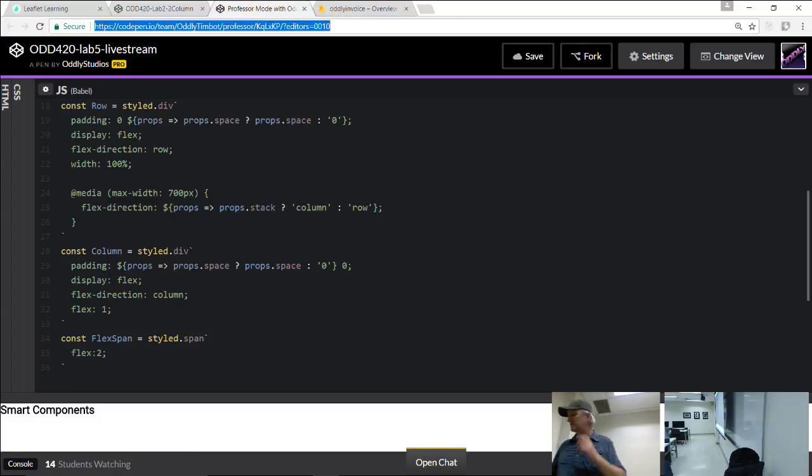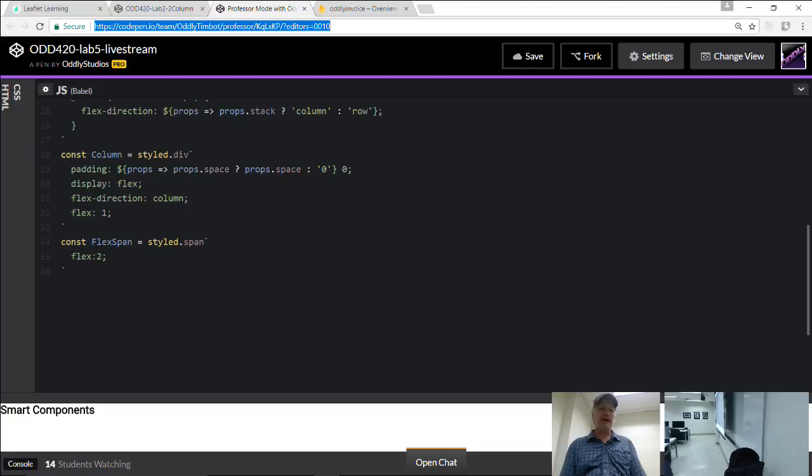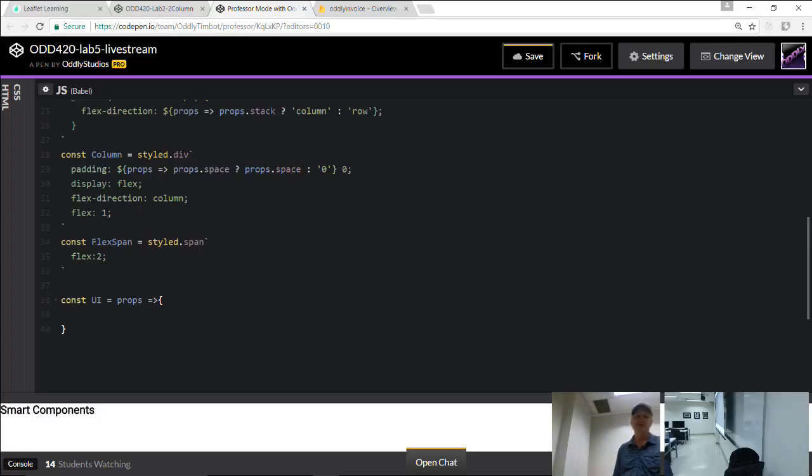Alrighty. So let's make a simple little component here that's going to be our user interface. Shall we start with that? So let's do it. Let's say const, maybe I just call it like UI. And well, I think we'll make this one a stateless function for now. So that means I can put a return in here, and now I can start fleshing this thing out. So let's see what this is going to look like.